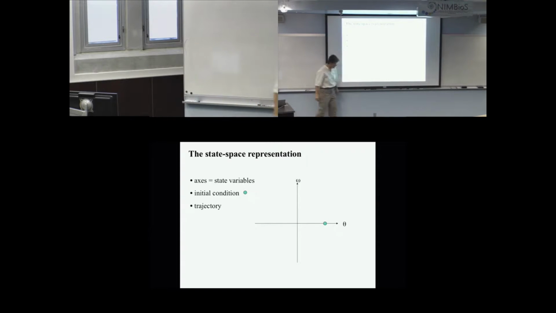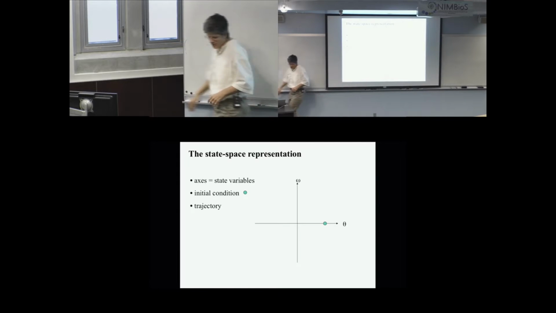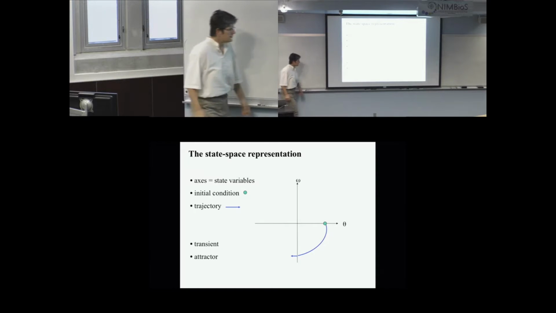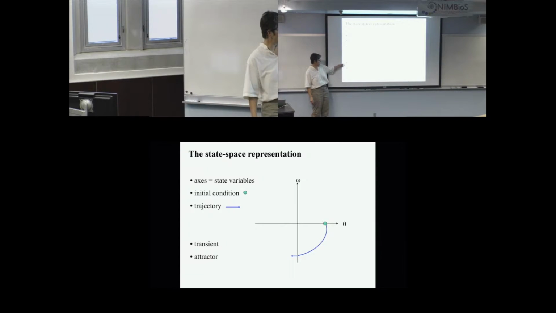This representation is useful because it kind of gets rid of time, and it brings out the patterns and the relationships between the variables and the way that things go together, without all the details of time. So that's part of why that's useful. So the trajectory from that initial condition might go that way, and depending on what the system's like, if there's some friction, there might be some transient behavior as the trajectory kind of converges to a fixed point attractor.